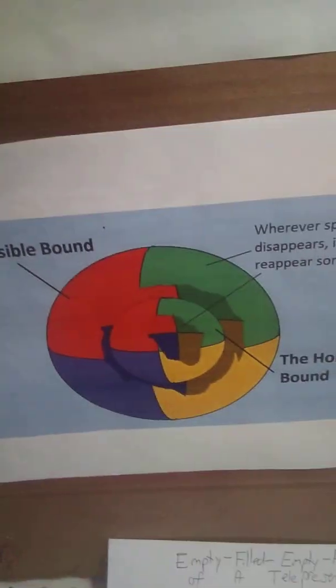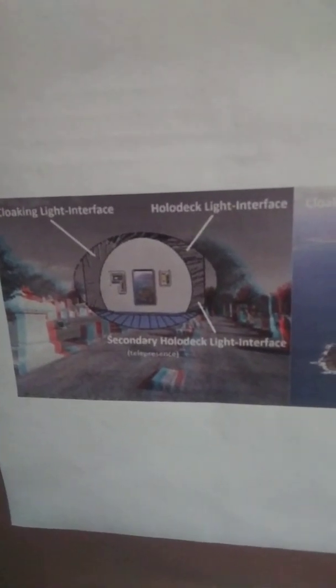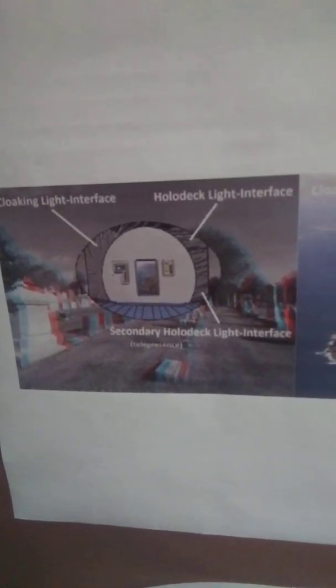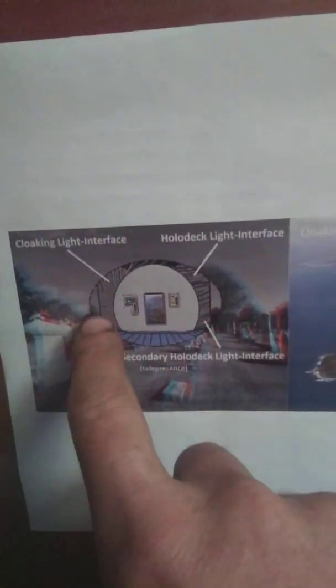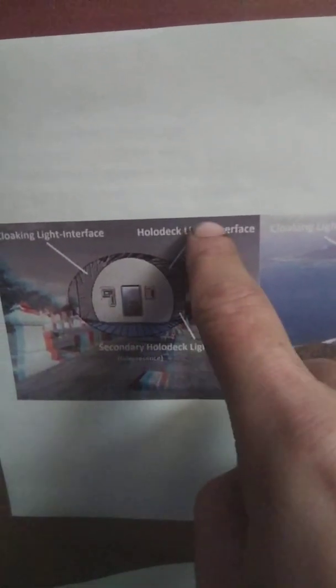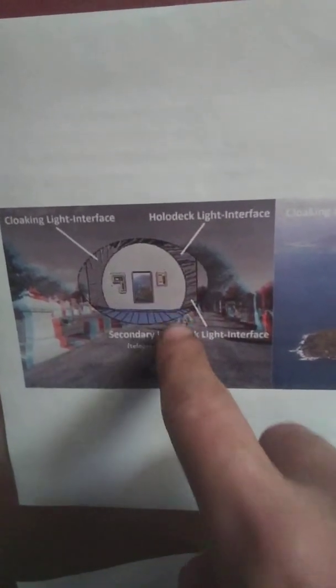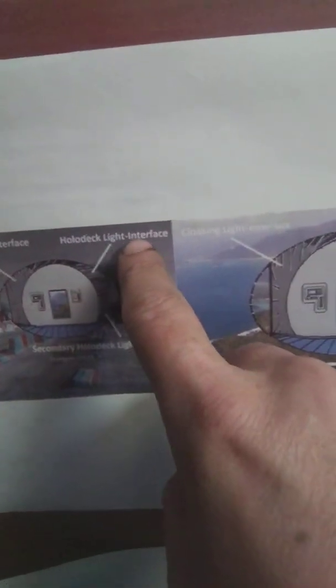And this is a visual depiction of the three interfaces of a true portal: cloaking light interface, the holodeck light interface, or it should be the holodeck interface of light and matter, and the secondary holodeck light interface of just only light, virtual forms, and there would be a transmitter that would transmit it to this holodeck, which, if there were people inside, would be transmitted